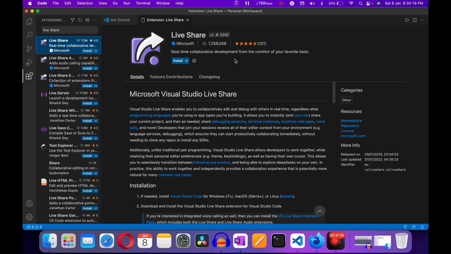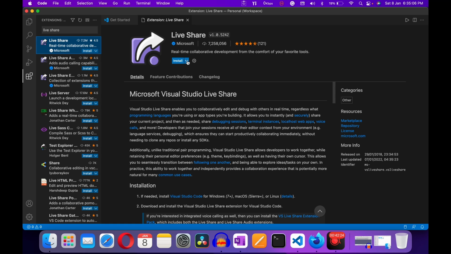If you want to use it, you have to install this, and you can collaborate with your team members or classmates, but we are not going to be utilizing that as much. I just want to explain what it is, because it's here and it's kind of an introduction to Visual Studio Code. Think of it like Google Docs: you can collaborate with others and they can edit your document.